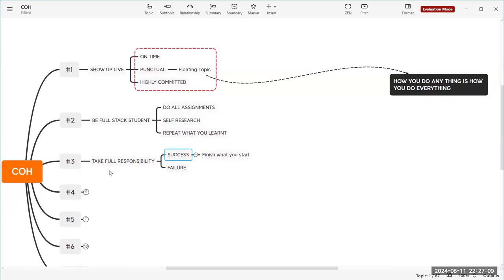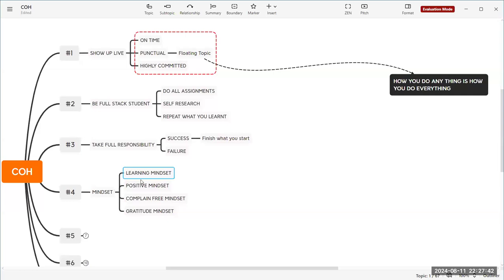But when we say so, is it really that easy? No, it really requires a concrete mindset for you. When I say concrete mindset, like Agile, we have Lean, and Lean has a framework which we call Kaizen. What is the word, everyone? Kaizen. Kaizen means continuous improvement. And for such continuous improvement, you need to have the learning mindset. The more learning minded you become, you will find yourself growing more positively, and the more positive minded you become,